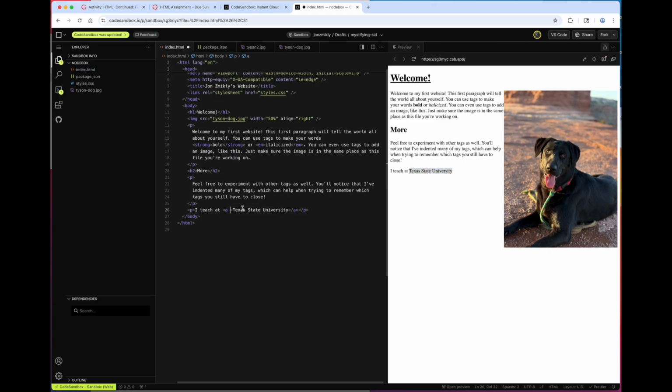And the most important attribute is going to be href, H-R-E-F. Do not write H-E-R-F because that would not spell it correctly. H-R-E-F stands for hyperlink reference. And again, we need to do an equals and a quote sign. Now the value that we're going to put in these quotes is the actual website of Texas State University, making sure we're typing in